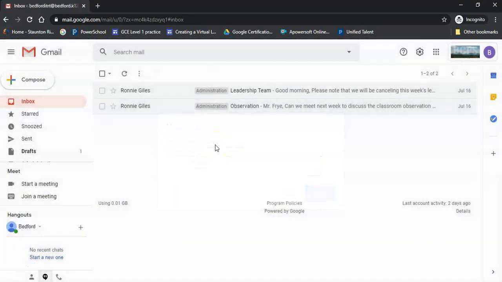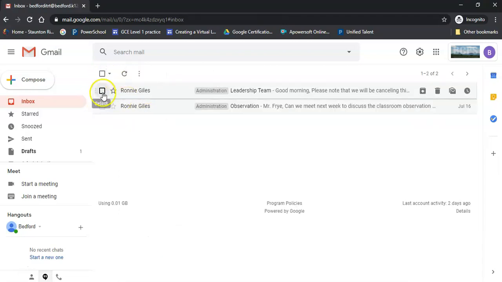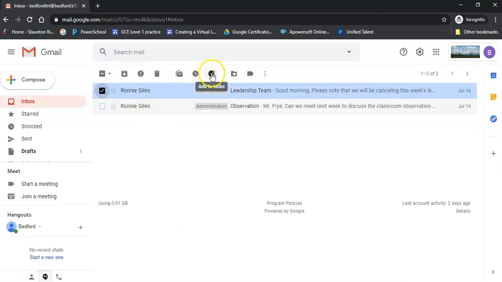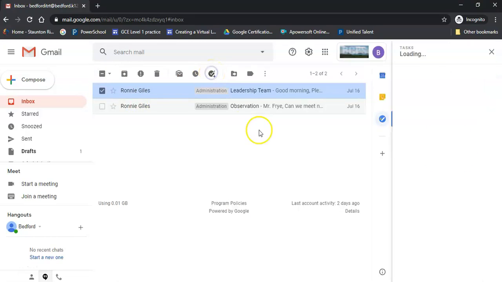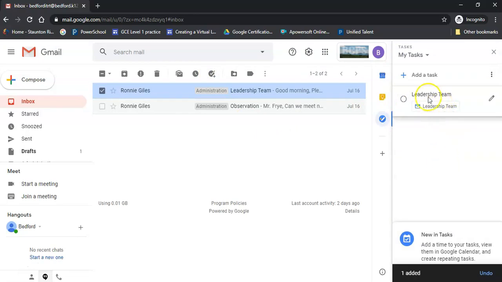What I would like to do for the administrative emails is create a task so that I remember what to do with one of them. It says he will be canceling his leadership meeting and pushing it to next Wednesday, so be flexible. So I'm going to click this email, and I'm going to create a task. So I'm going to click Add to tasks, and over here on the side you'll notice that it is now